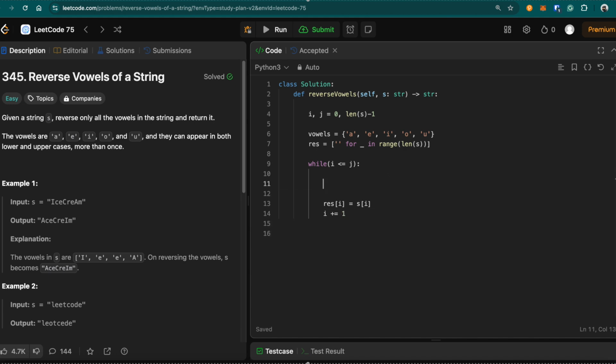That we have to do regardless of whether it's a vowel. Then we'll write our main condition. You want to lowercase the character as well, because if it's an uppercase, then it won't match. So if the current character dot lower is in vowels,